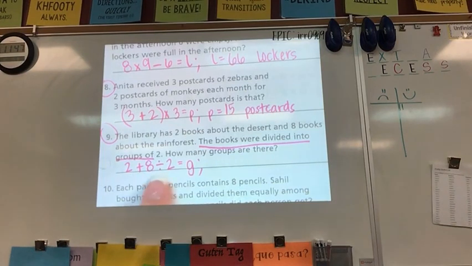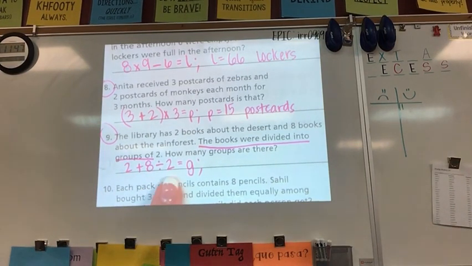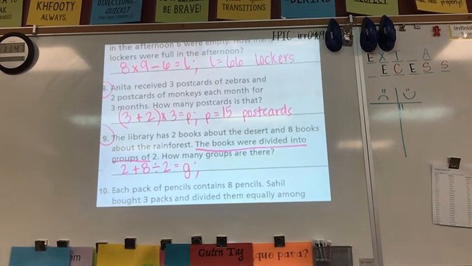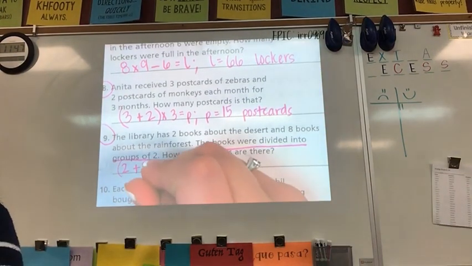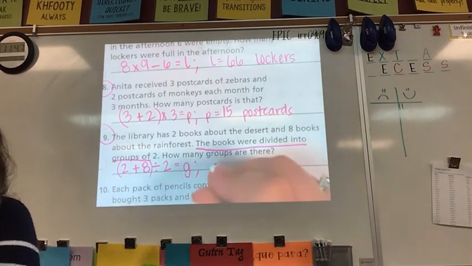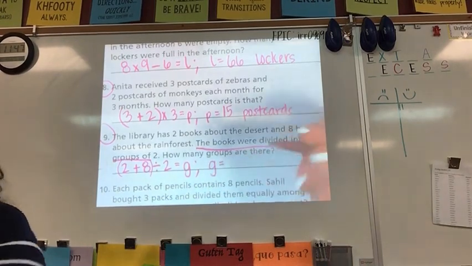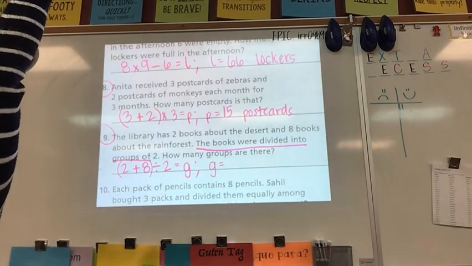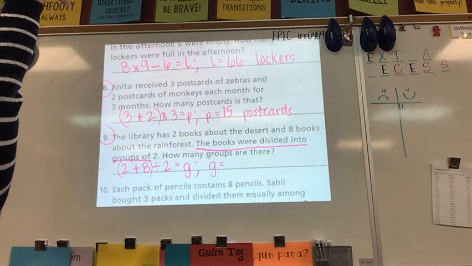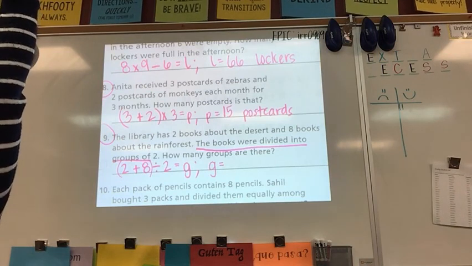Now, is my equation good to go, Eli? Do I want to add first or divide first? Parentheses. Where do I need parentheses, my friend? 2 plus 8, because we want to add first, right? We got to figure out how many books we have, and then we'll divide it by 2. This time, I'm going to let everybody tell me my answer. When I drop my hand, you can tell me how many groups there were. If they had 2 plus 8, that gives me 10, and they split them into groups of 2. How many groups were there? Equals